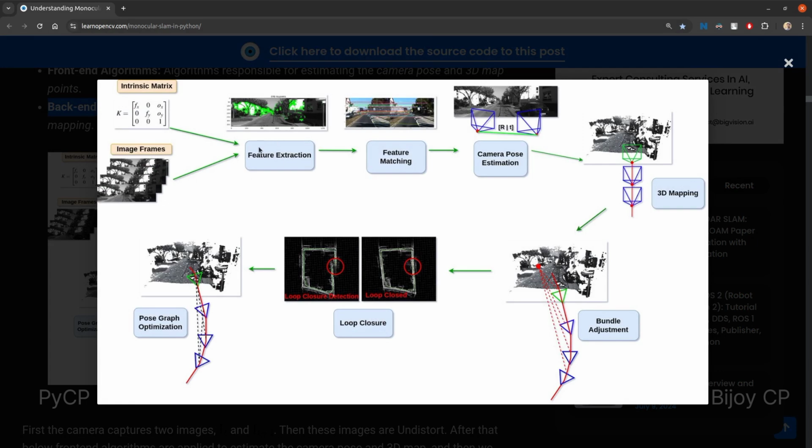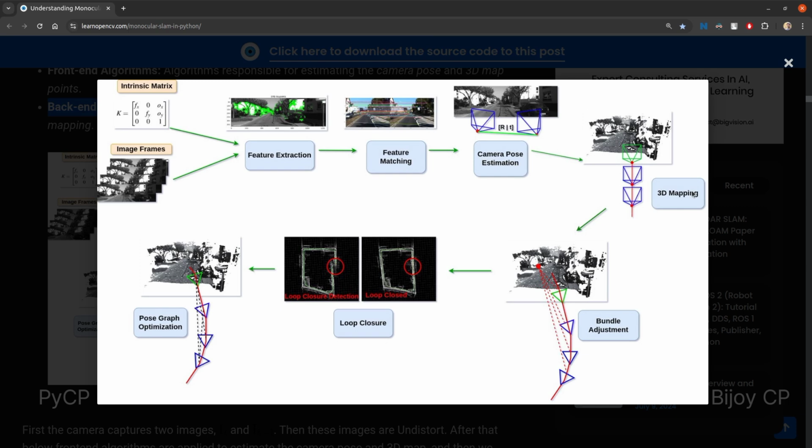In this phase, the features are extracted from the images. Using feature matching, we find the feature correspondence between the extracted feature points. Using pose estimation, we compute the relative camera pose between frames using tracked or matched feature points via epipolar geometry. Triangulation is used to estimate the 3D coordinates of the surroundings. Local mapping: as the camera moves, the estimated 3D points are accumulated over time, which turns into local maps of the surroundings where the camera moved.